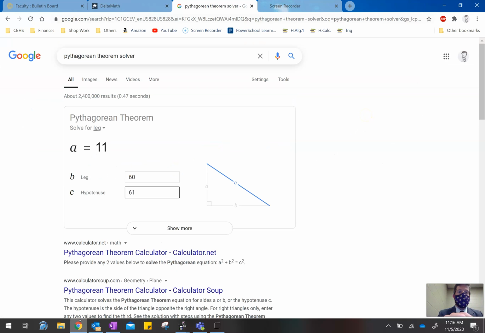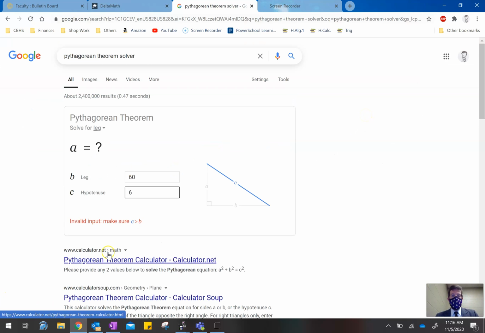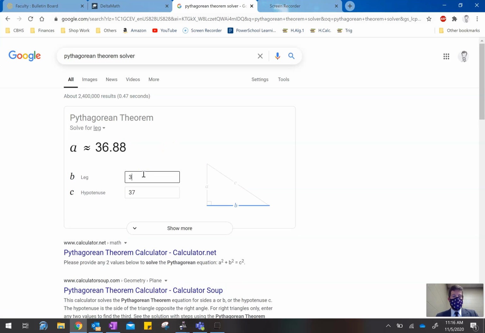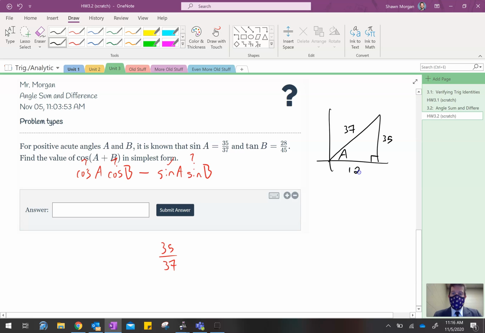So let me go to my Pythagorean solver here. The hypotenuse is 37, and that leg is 35, so it looks like the other leg's going to be 12. That's kind of nice. So we'll put a 12 right there. And then for the angle B,